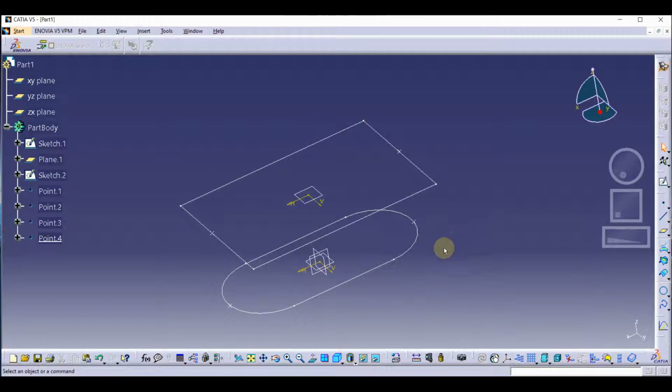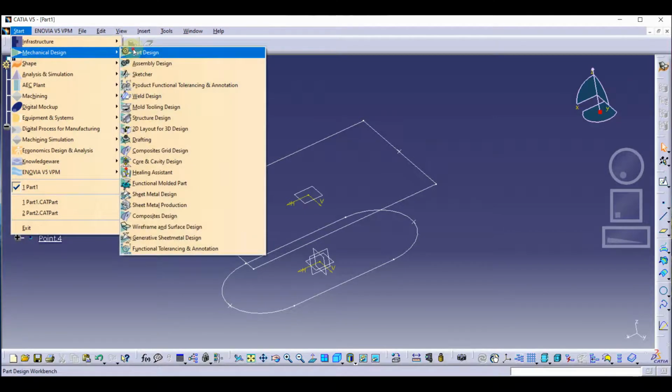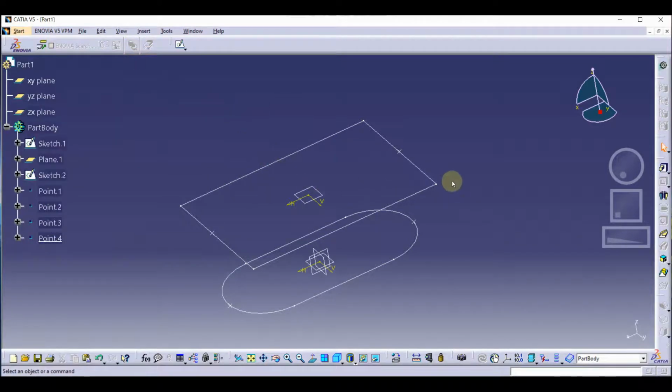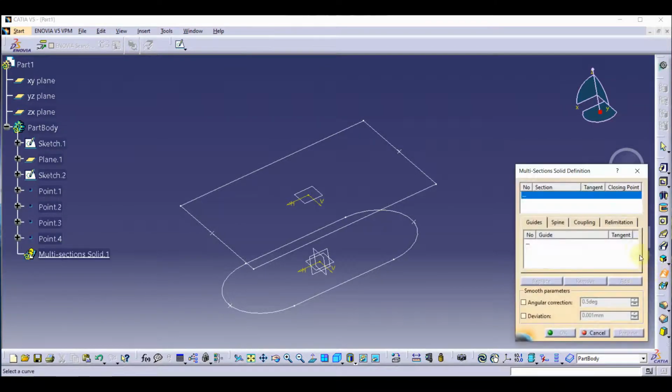So now you can see we have the same number of vertices. The slot has 6, and similarly the rectangle, where we added 2 vertices using the generative shape design workbench. So now we are going to exit this one and go to part design. Now we are going to select the option multi-section solid.